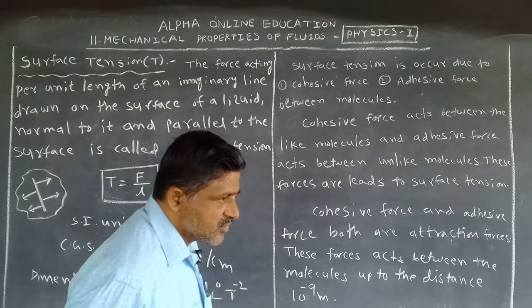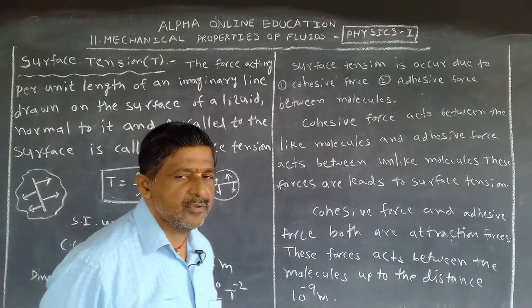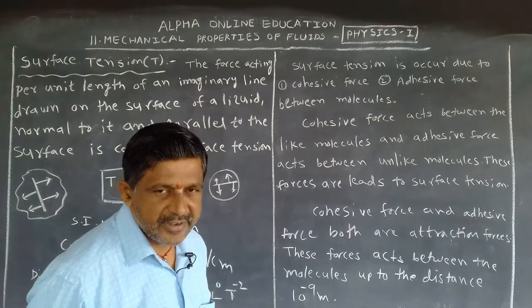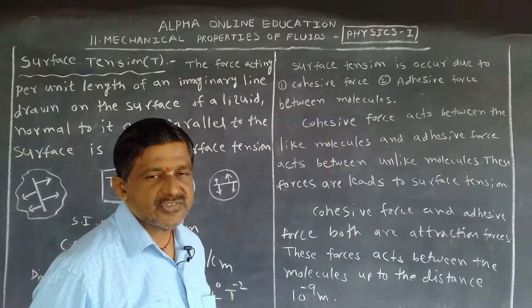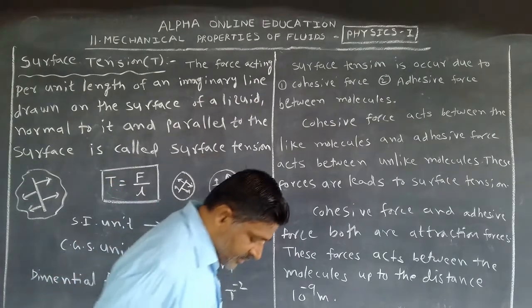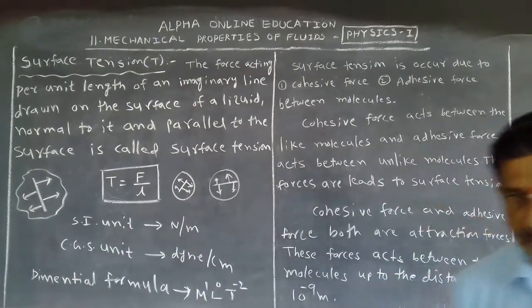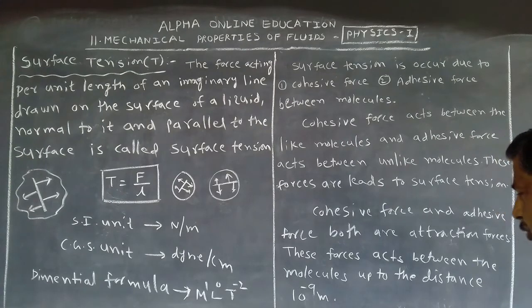This is called the intermolecular attraction range. What is it called? Intermolecular attraction range. If the distance between the molecules is more than 10 to the power of minus 9 meter,